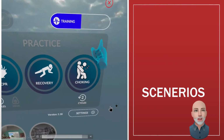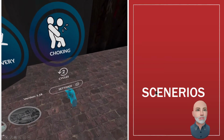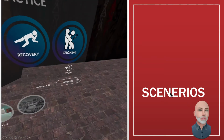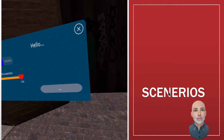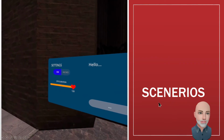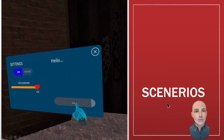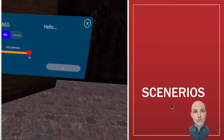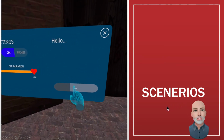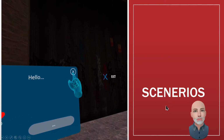And then we're going to do just one more that's included, which is the recovery position. This is when you come upon a person who is unconscious, but after you've assessed them, they are breathing, so you're not going to do CPR, you're not going to do AED, but you want to be able to